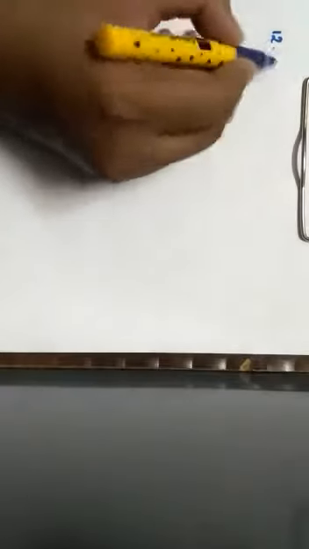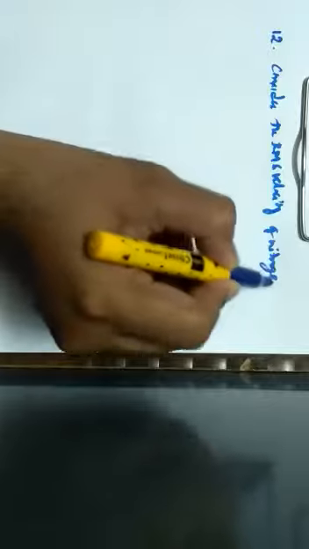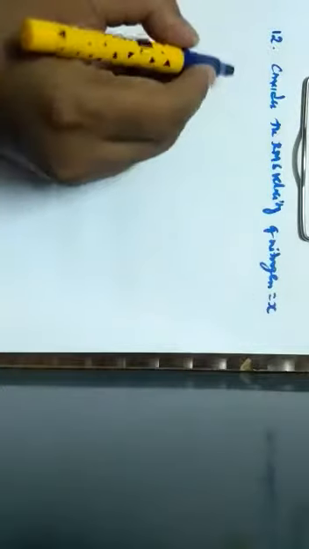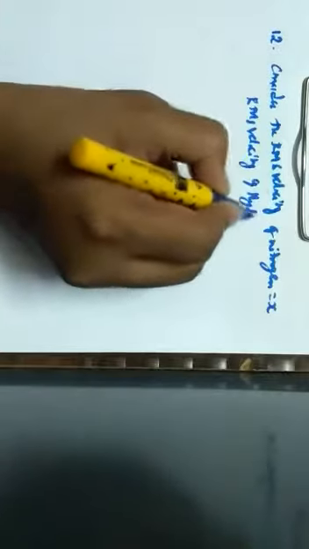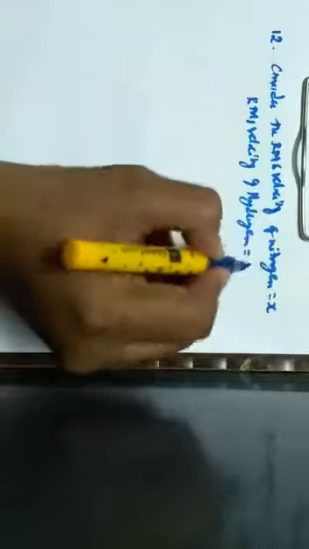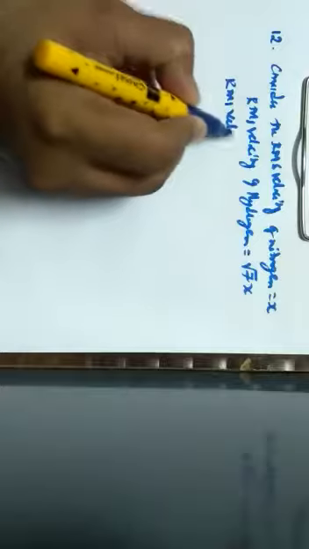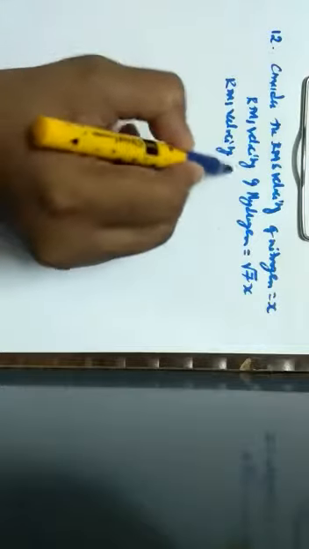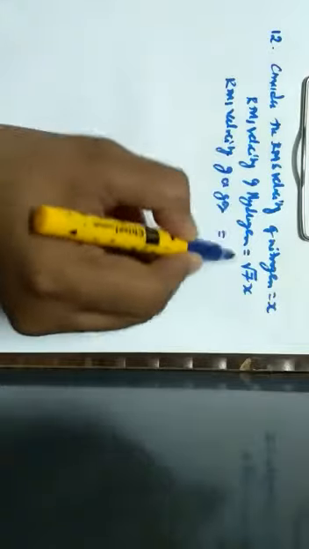Okay. Now let us consider the RMS velocity of nitrogen as x, because we don't know, that has not been given. Here they have said that the RMS velocity of hydrogen is equal to root 7 times x. Therefore, the RMS velocity of a gas is given by the formula square root of 3RT by m.